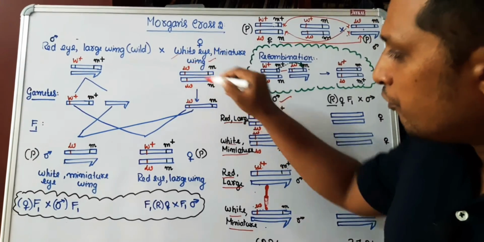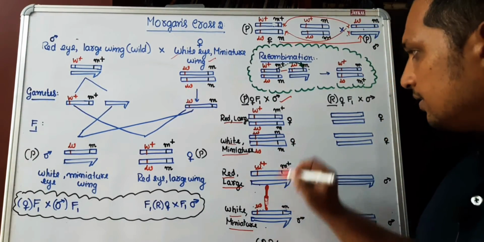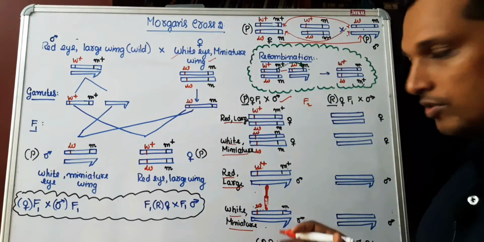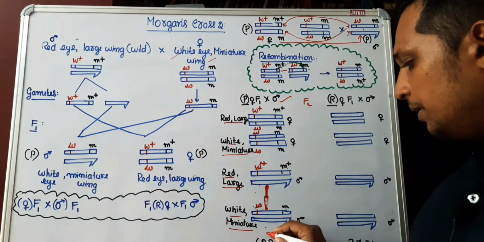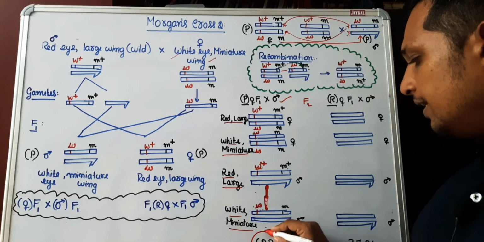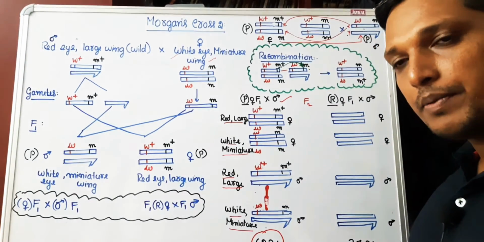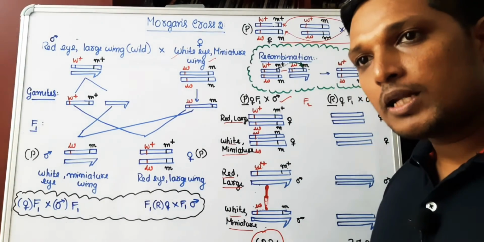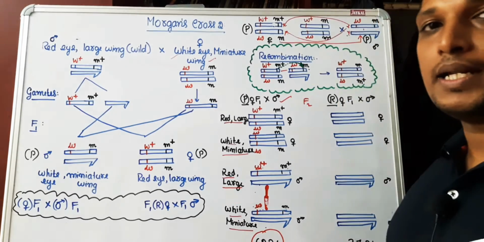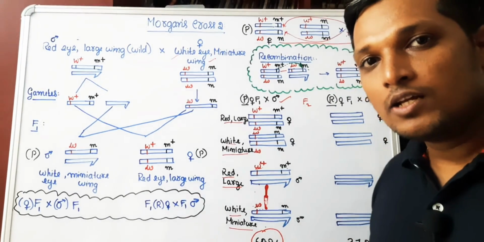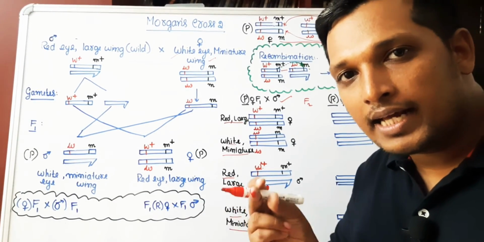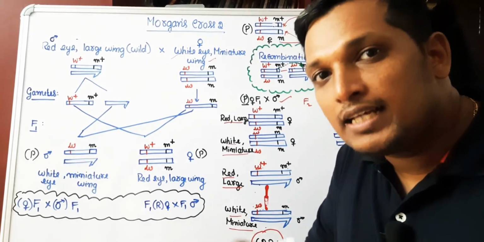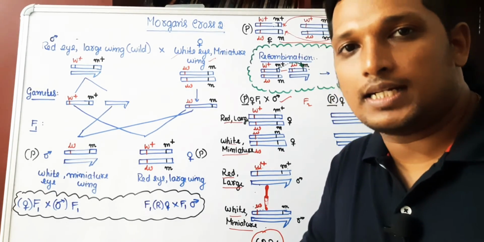All four gametes obtained over here, these are F2 generation, are similar to parent, so they are regarded as parental type, but the percentage of parental type is less. 62.8% is less compared to the cross one, where there was around 98.7% parental type. What does it indicate? Cross one had body color and eye color genes which were very close to each other, so more the linkage, more tightly linked, more the parental type.